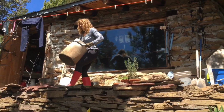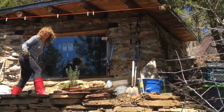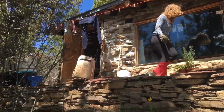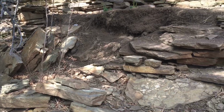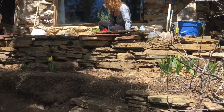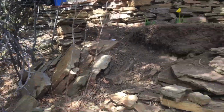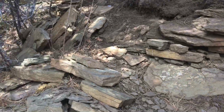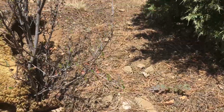Working on it. Like I said, there's the cabin from a frontal view. I don't know if you can see it much, but it's a nice sunny day, and we're just out here messing around. It's Sunday, and we don't have a whole lot to do today. Waiting on some material for the chicken coop so we can finish the roof. But other than that, rebuilding this wall structure, this terrace structure here, is going to need to be done. Otherwise, everything will end up sliding down this hill